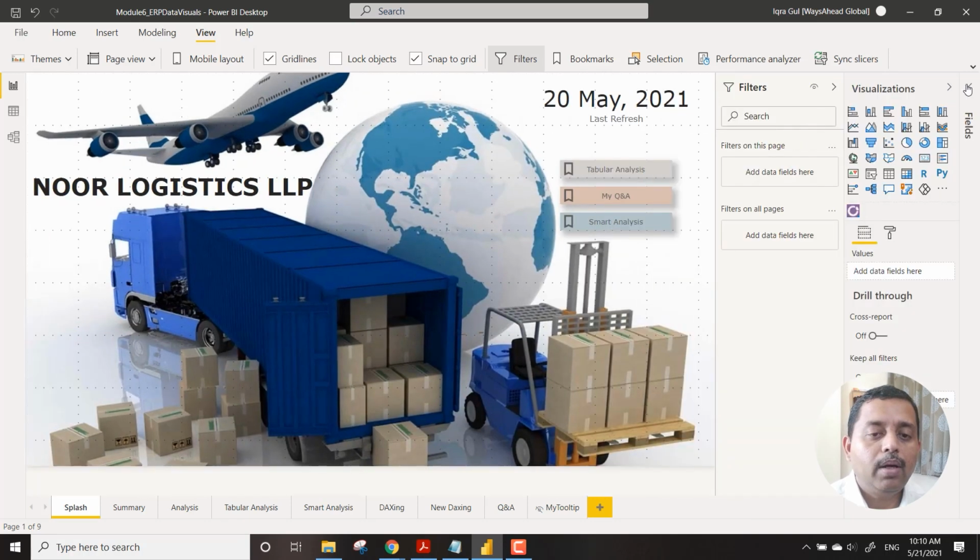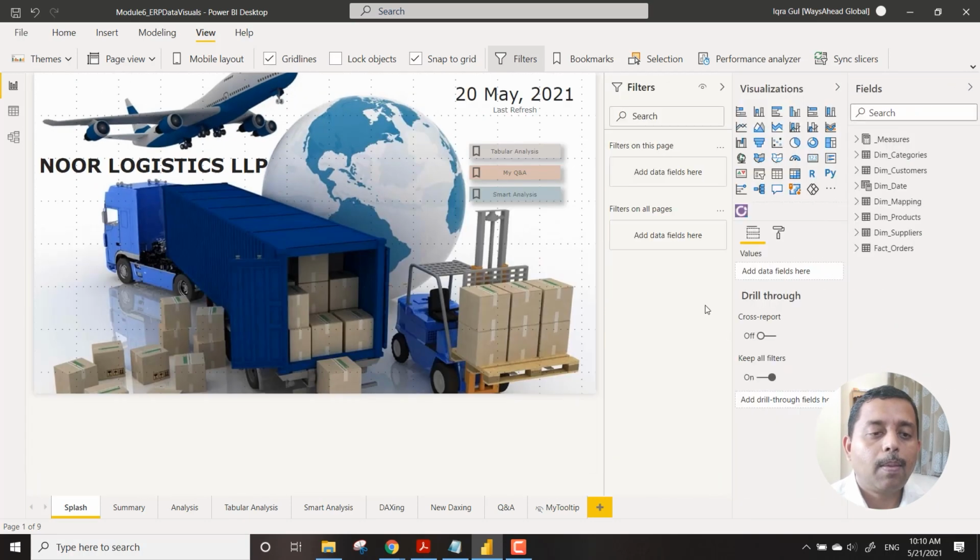So please remember, it is like magic, but there is a difference between magic and whatever we are doing over here. Magic is illusion, but this is a solution. Oh my God, what I said. Magic is illusion, but this is a solution. And this will work for you when you have a greater understanding of the data.